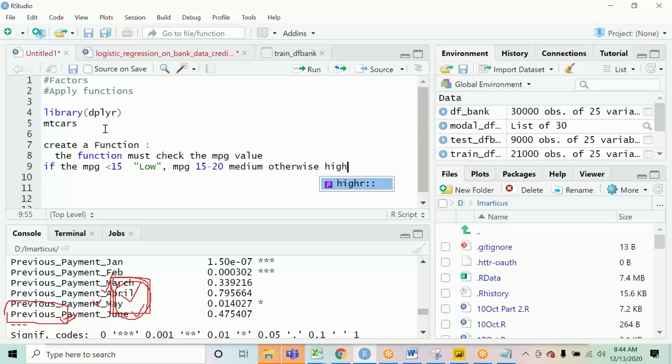You all have to create a user defined function for that. First of all, you have to create a function, and with the help of that function, you should generate these values on the data set of mtcars.